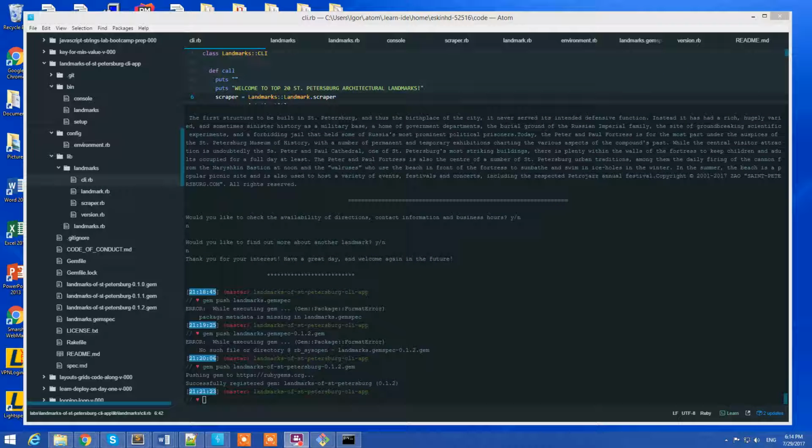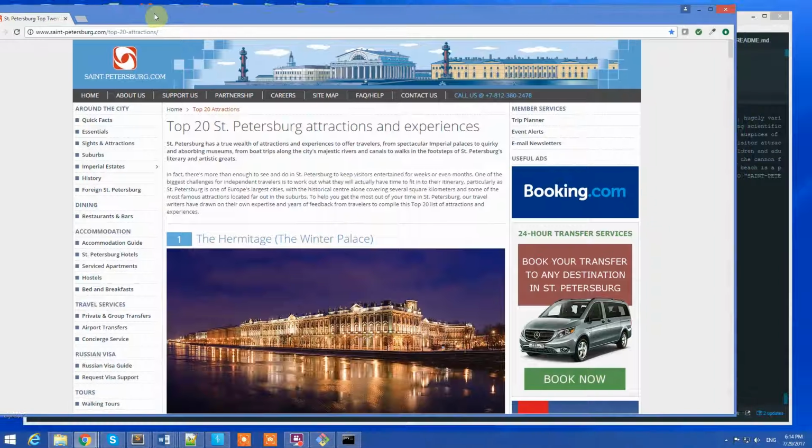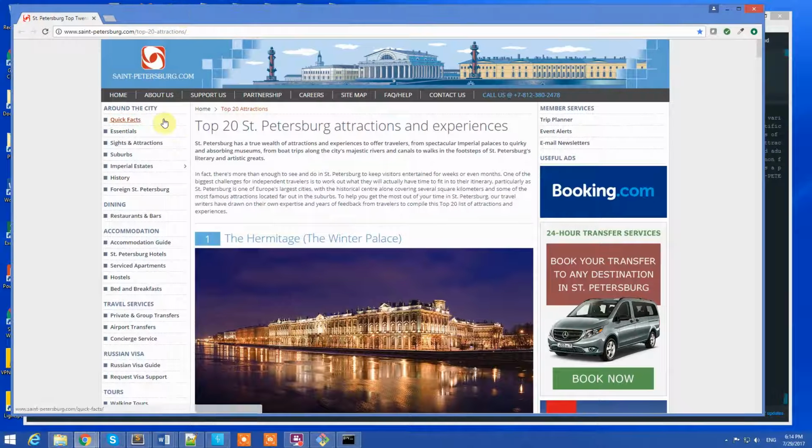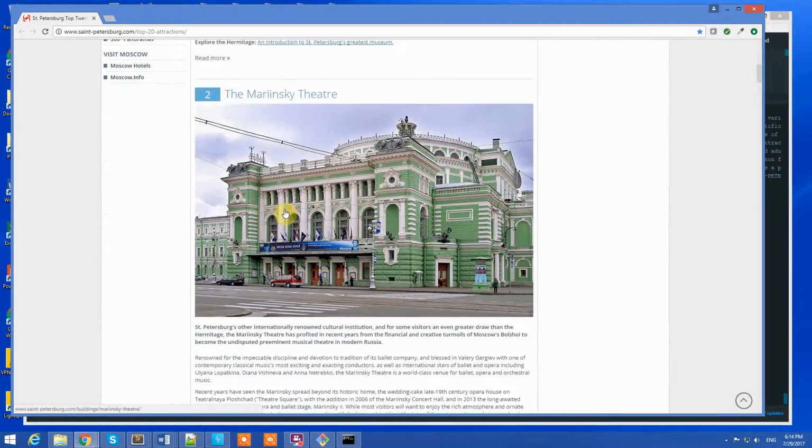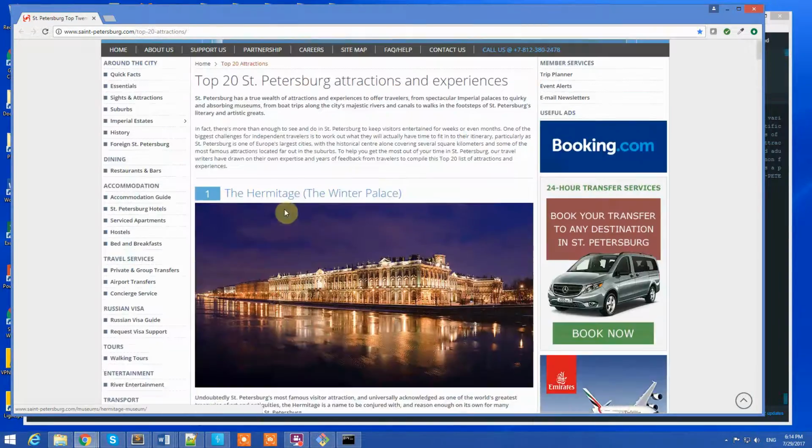Hi, the idea of this application, this CLI application, is to scrape this website of St. Petersburg top 20 architectural landmarks and attractions. They are all listed here with a very short description, all 20 of them, and